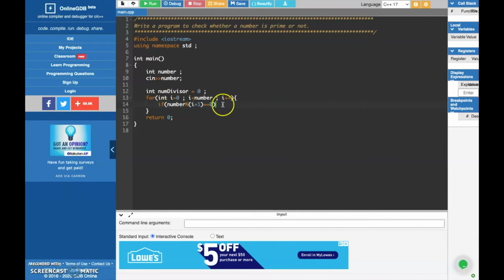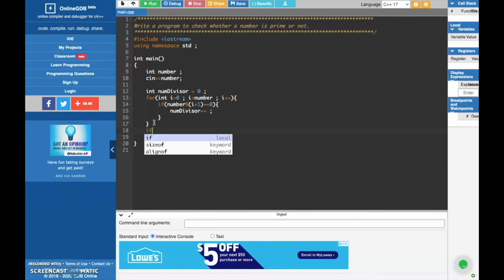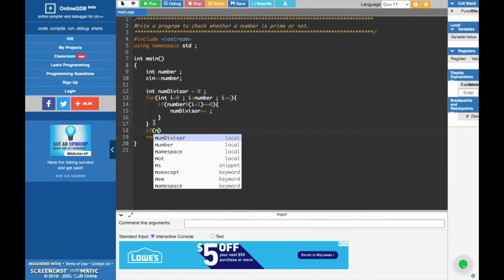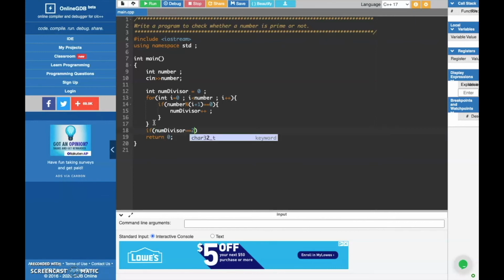So if the number is divisible, we increase the number of divisors by 1. We don't need to do anything else, and this will count the number of divisors between 1 and the number itself. And after the loop, we need to check if the number is prime or not. If the number of divisors between 1 and the number itself is only 2, the number is prime. So if number of divisors is 2,